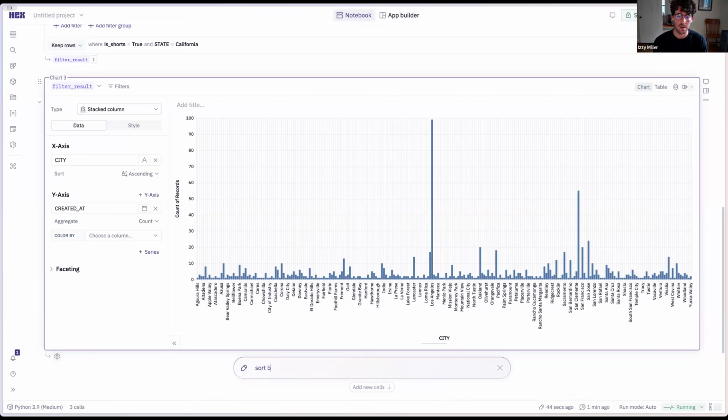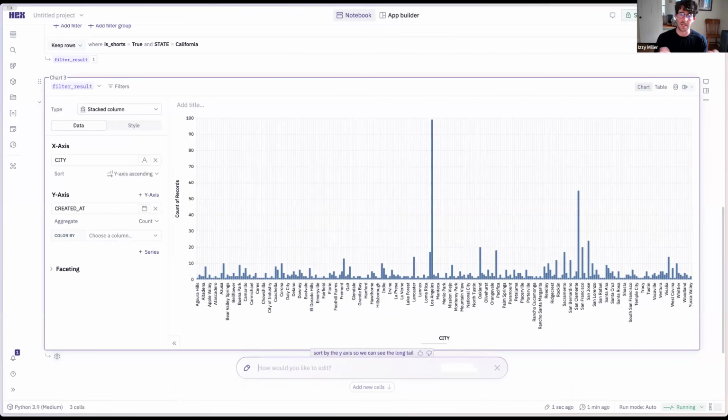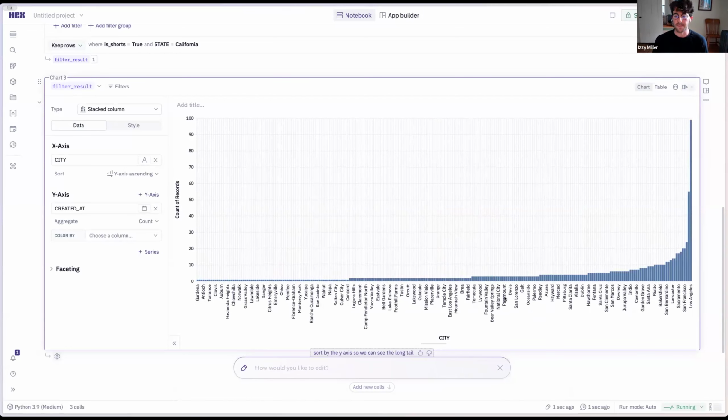So I'll say, sort by the y-axis so we can see the long tail. And again, without knowing exactly what I want or exactly the buttons to click to do this, Magic will do exactly what I wanted. And now I have this long tail visualized easily so I can see LA, San Diego, San Jose, which makes sense, places that people would want to be browsing for shorts. And then over here, we see places like